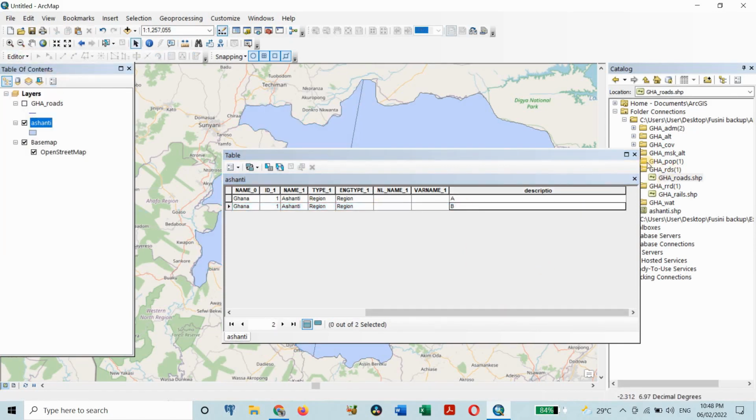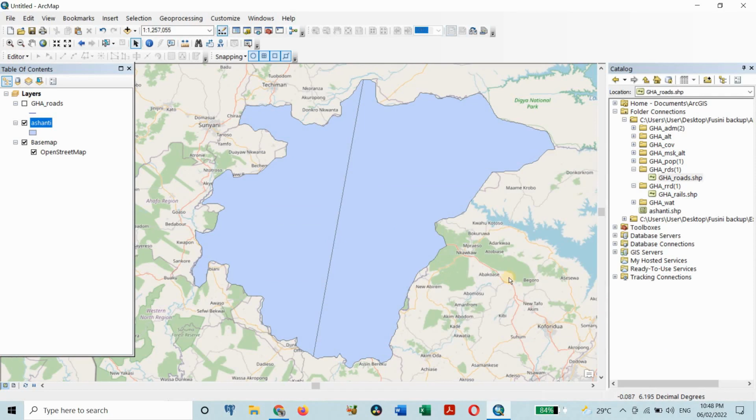So we have divided a polygon into two portions. We've added a field, and then we have named them A and B. So basically that is how to cut a polygon using the cut tool in the editor. So